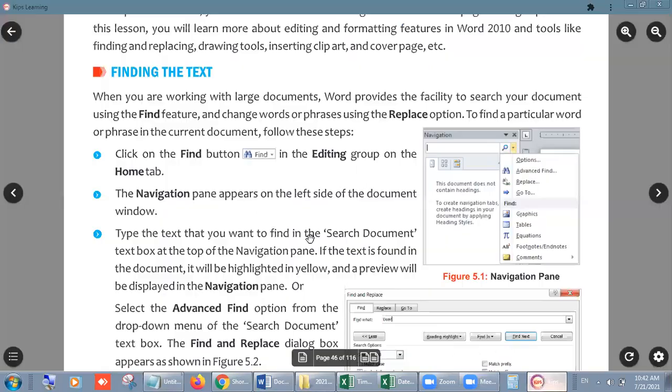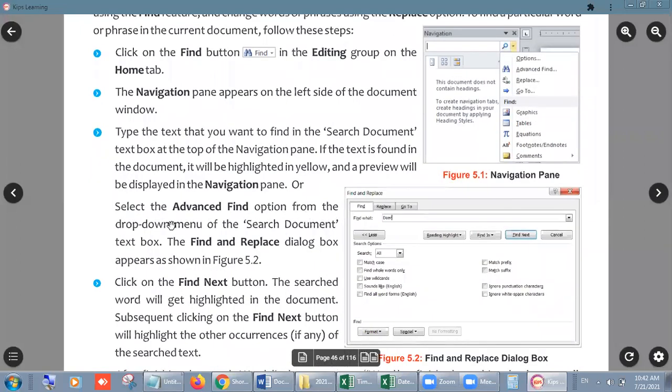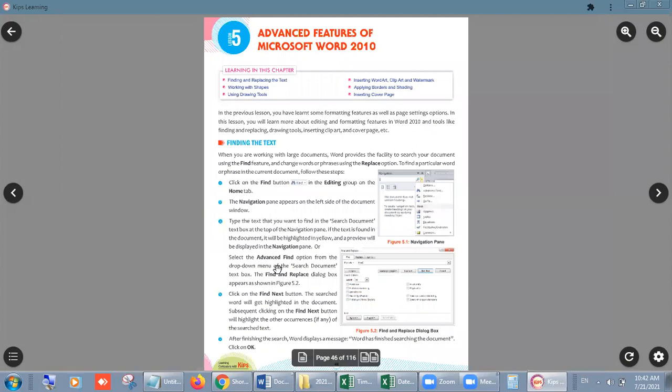Another way: select the Advanced Find option from the drop down menu of the Search Document text box. The Find and Replace dialog box will appear as shown in 5.2.